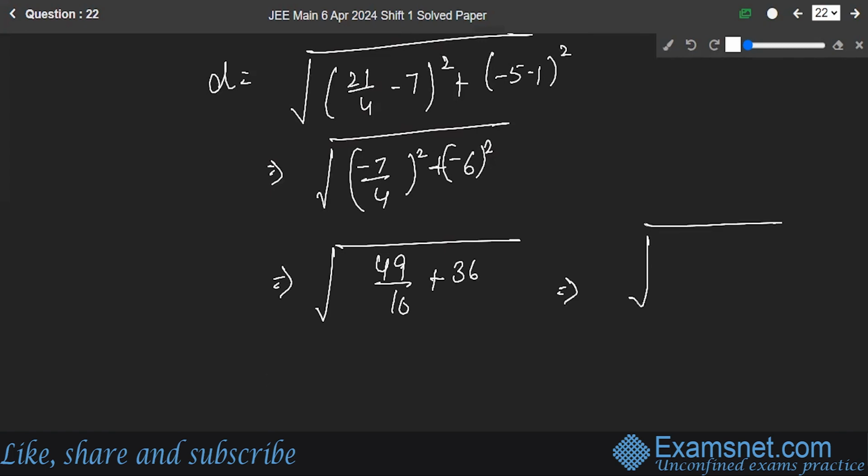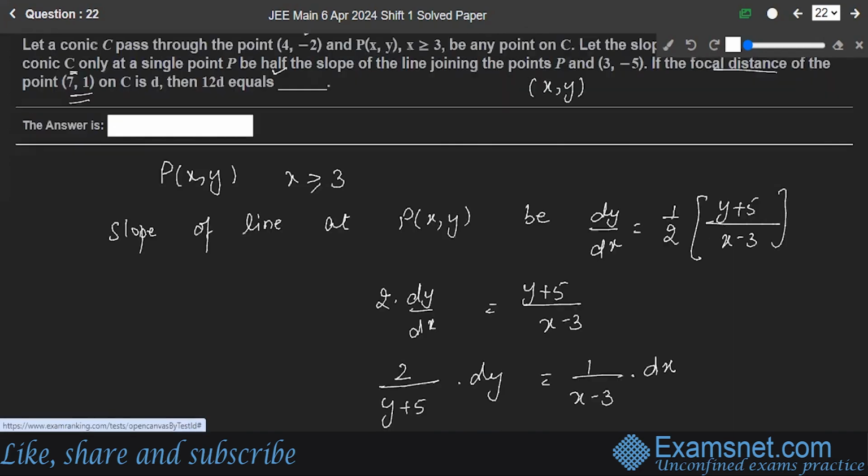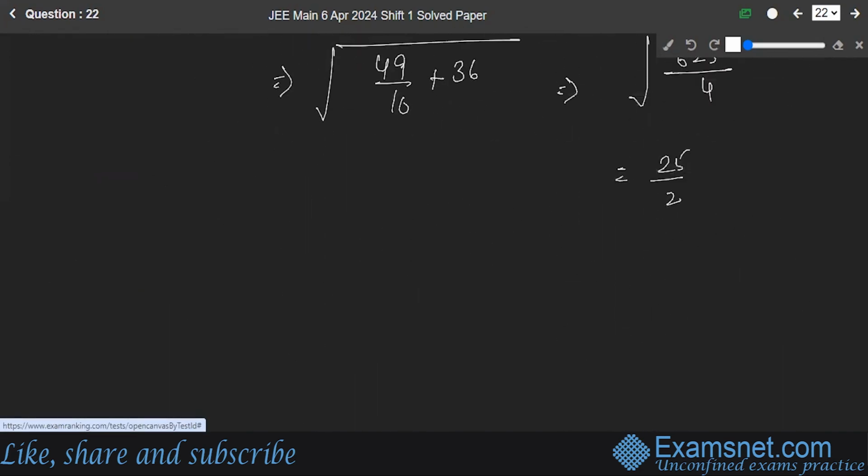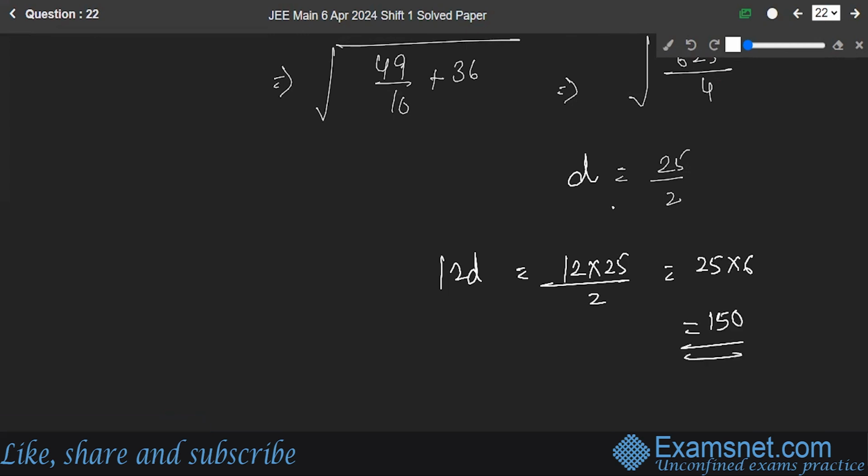And this will on solving give you root of 625 upon 4, or this will be equal to 25 upon 2. And what you had to find was 12D. That was your D. 12D is equal to 12 into 25 upon 2, or this is equal to 25 into 6, which is